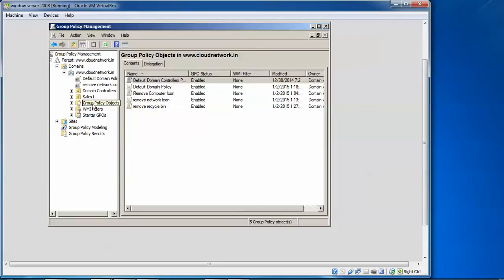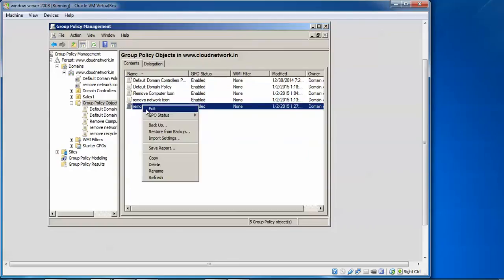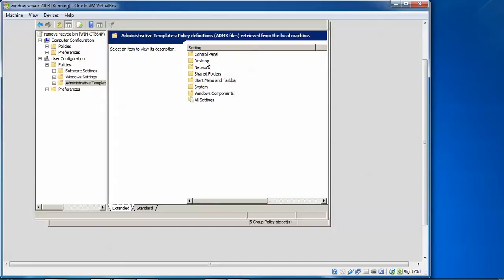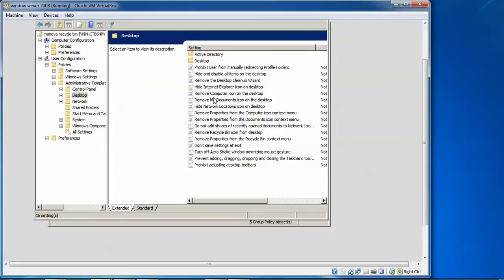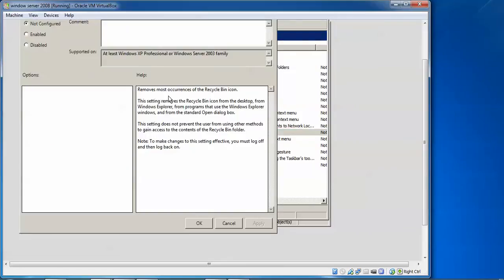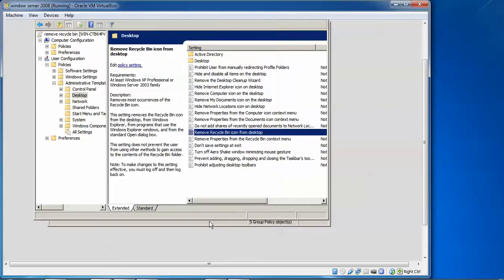Here right click, go to Edit, then User Configuration, Policies, Administrative Templates, Desktop, and find Remove Recycle Bin icon from Desktop. Just click Edit and disable it, Apply, OK.